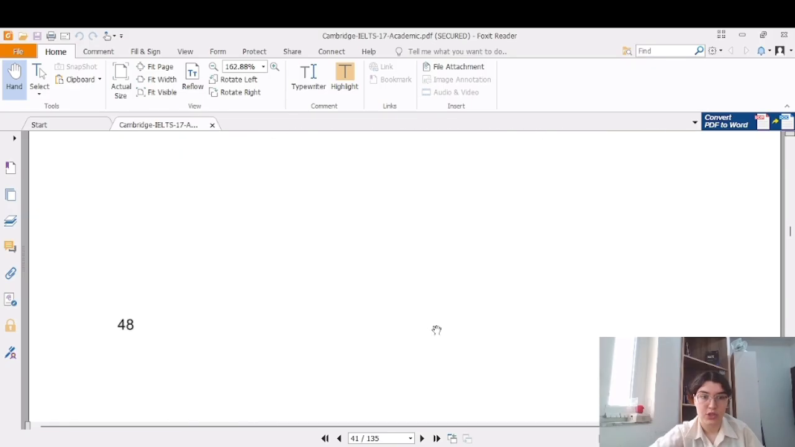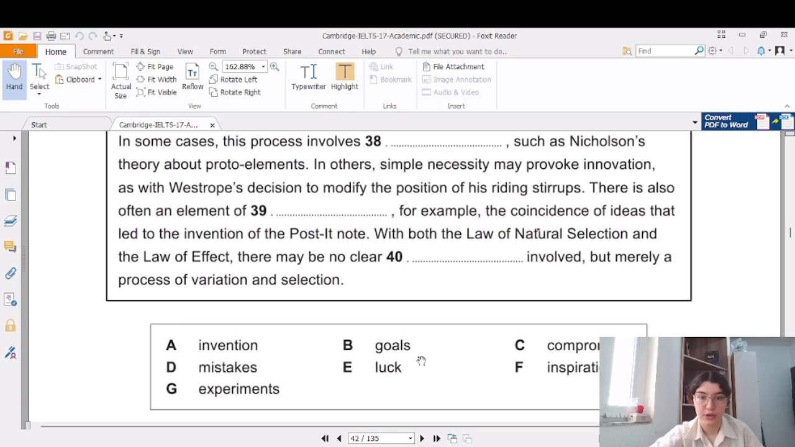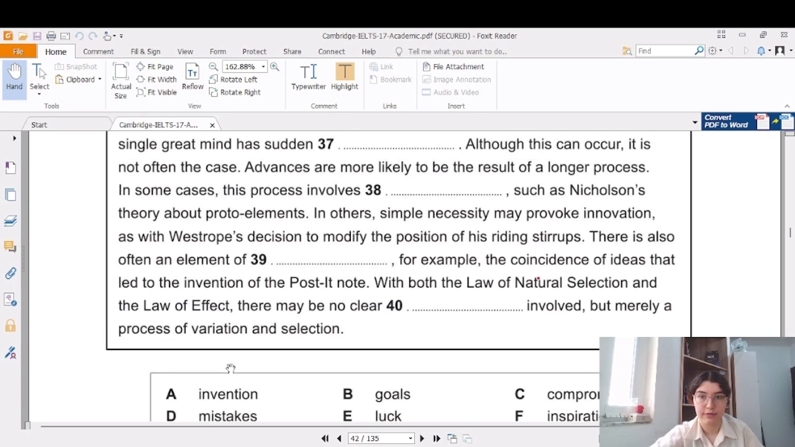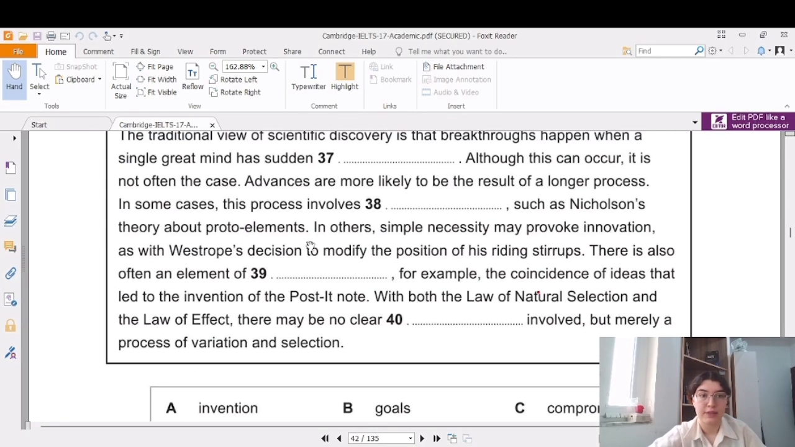Let's see which option would fit. Involves invention, goals, compromise. I think it would be mistakes. In some cases, this process involves mistakes, like Nicholson, who actually made a mistake and proposed some false, fanciful theories. Nicholson's theory about proto-elements would be D. In others, simply necessity may provoke innovation, as with Westrope's decision to modify the position of his writing stirrups. There is also an element of, for example, the coincidence of ideas that led to the invention